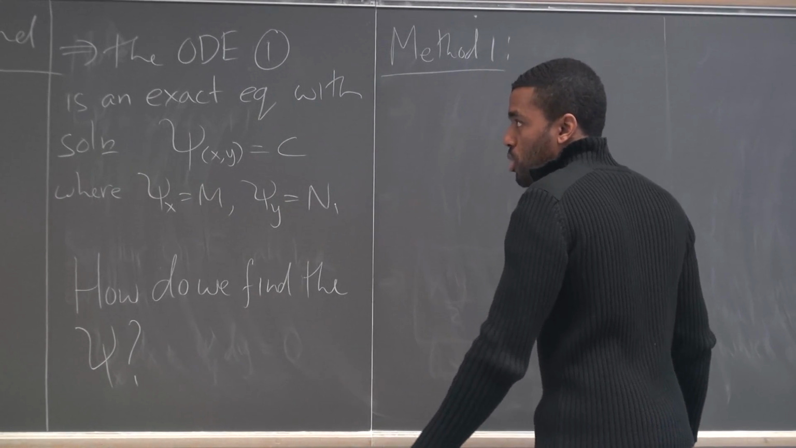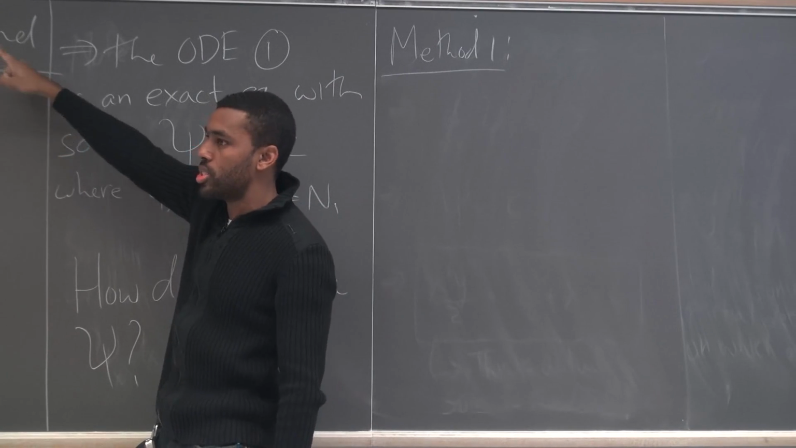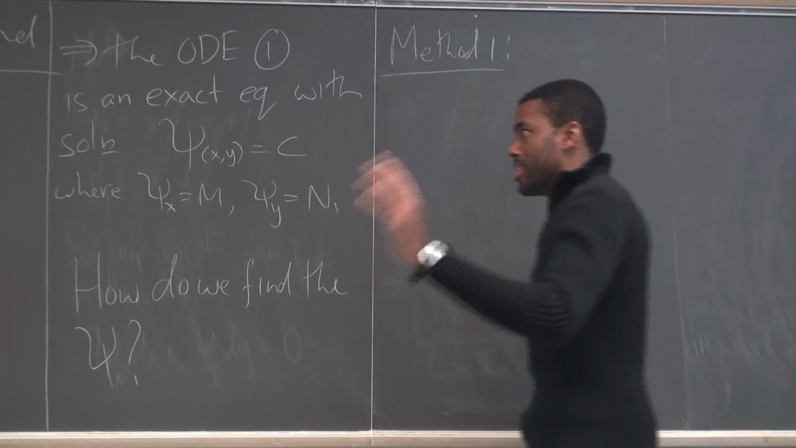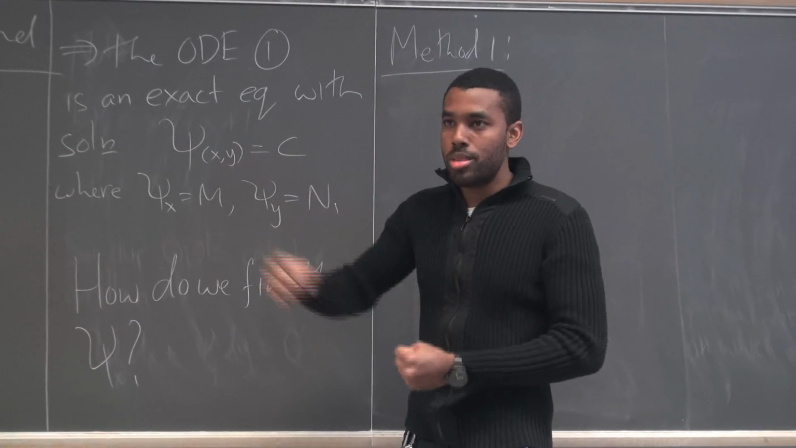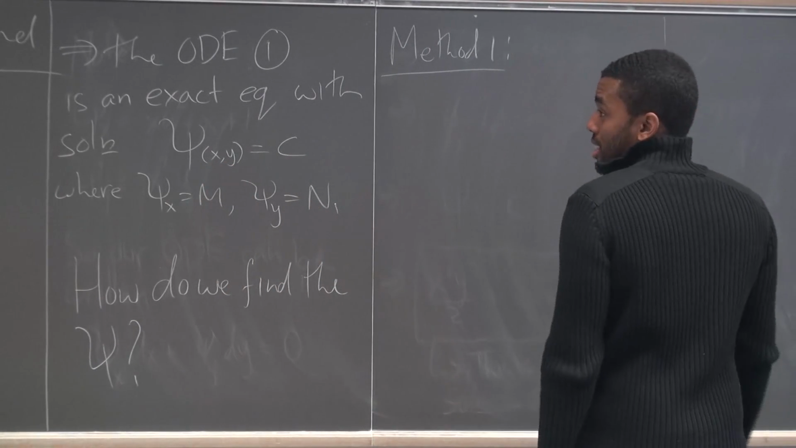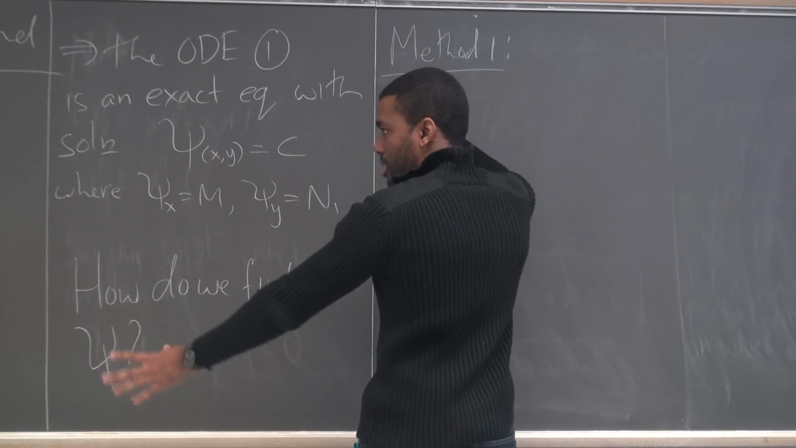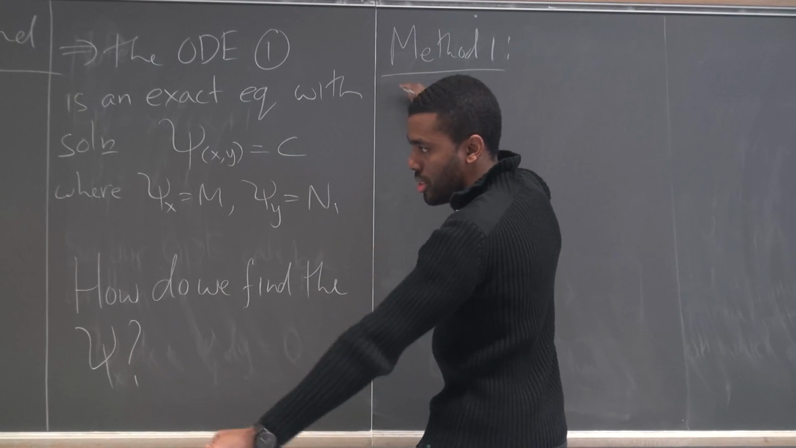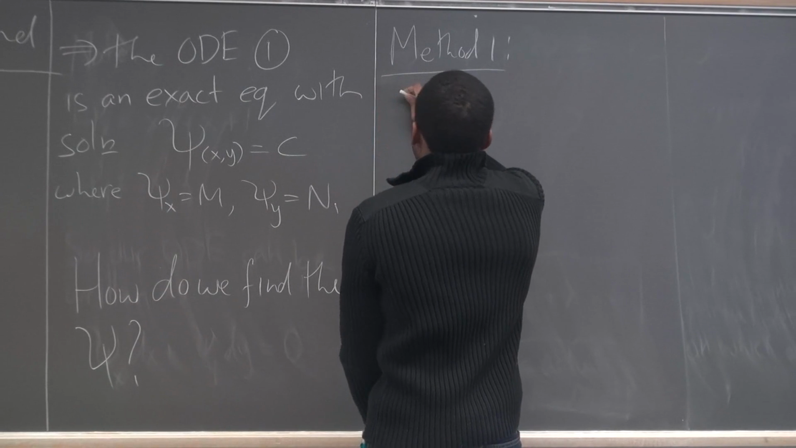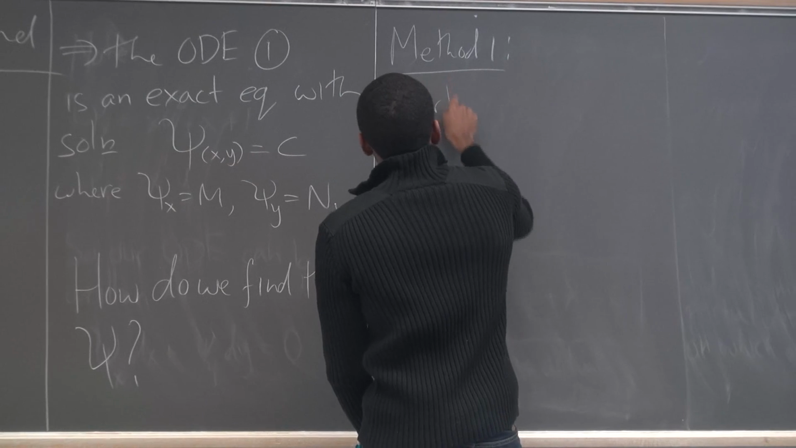Which, by the way, is one of the reasons why exact equations are also called conservative differential forms. That's another name for them, because they make conservative vector fields, which means they conserve work. So this has a lot of physics applications as well. If you're talking about work in a vector field, functions that do this will conserve work. Anyway, okay, method one. Start with